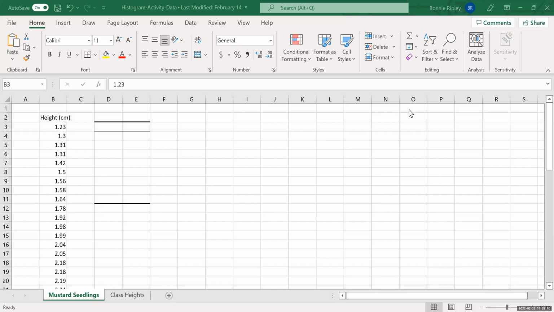Hi, everybody. Today we are going to do a histogram using Excel. Now, a histogram isn't just a graph, it's a data analysis. So in order to make a histogram the easiest and quickest and most accurate way, you're going to make sure